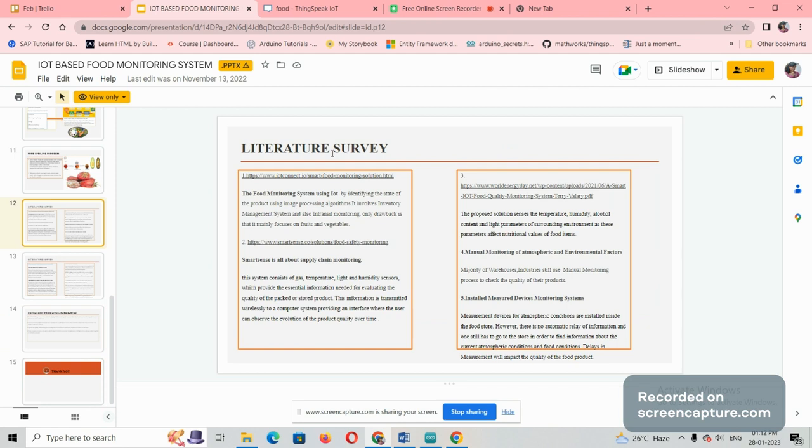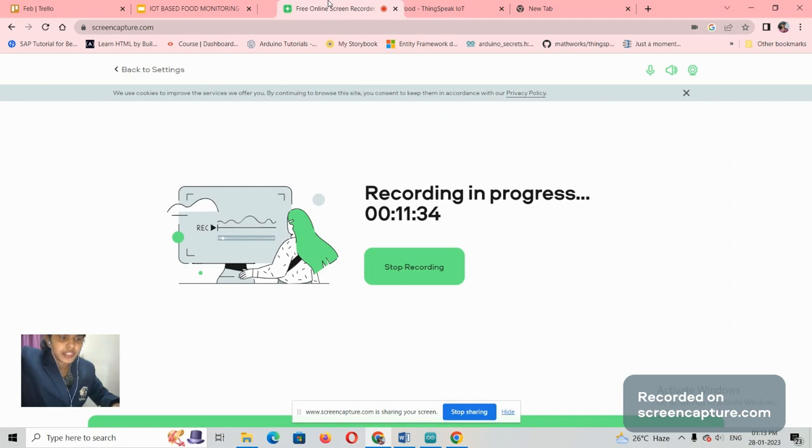Thank you. Under the literature survey, the already existing food monitoring systems have been analyzed. Some of the food monitoring systems have used LCD displays, and some have used supply chain monitoring, and they have used both for their Telegram application. But in our project, we are using IFTTT, which is more advanced. This food monitoring system uses alcohol to find the alcohol content, and here it is manual monitoring in a food warehouse. So these are the existing ones, and ours is the